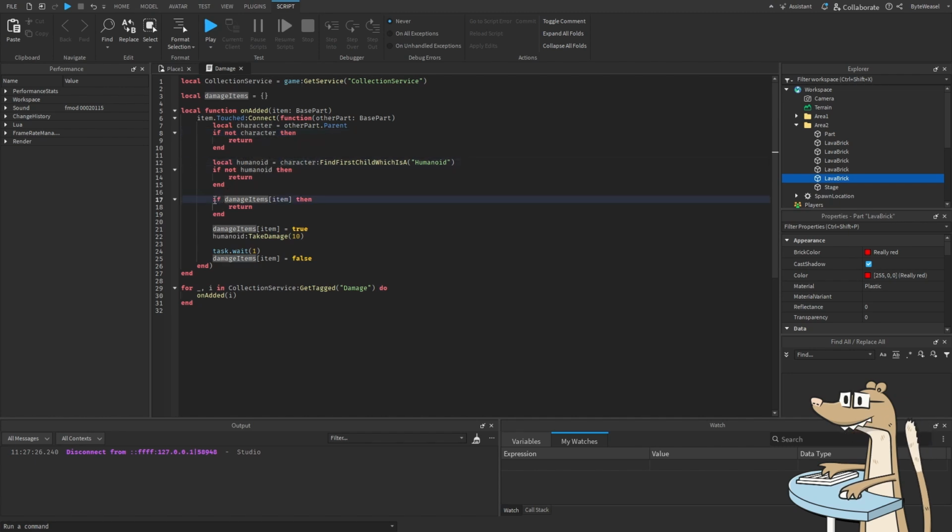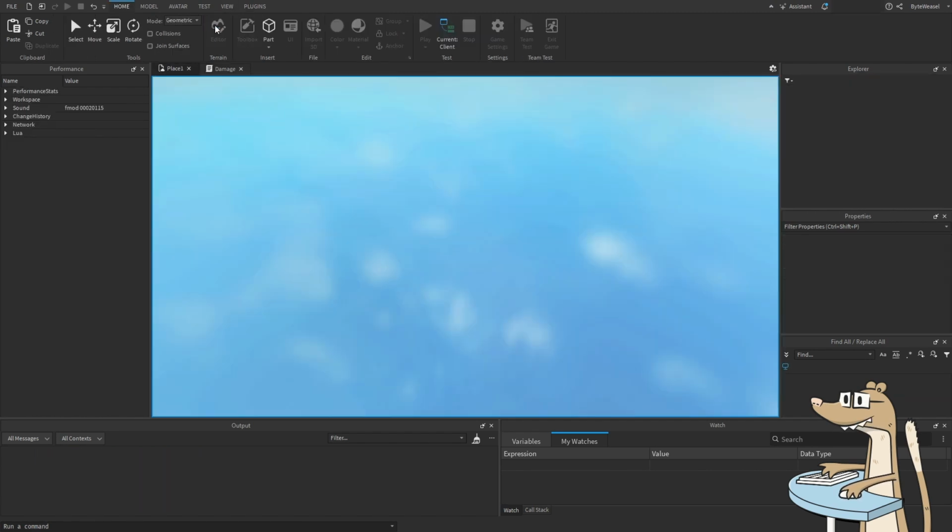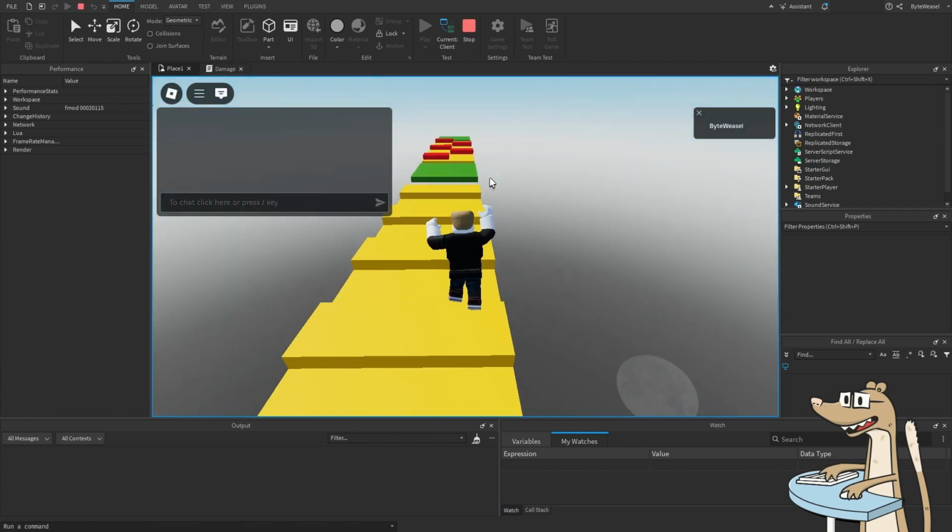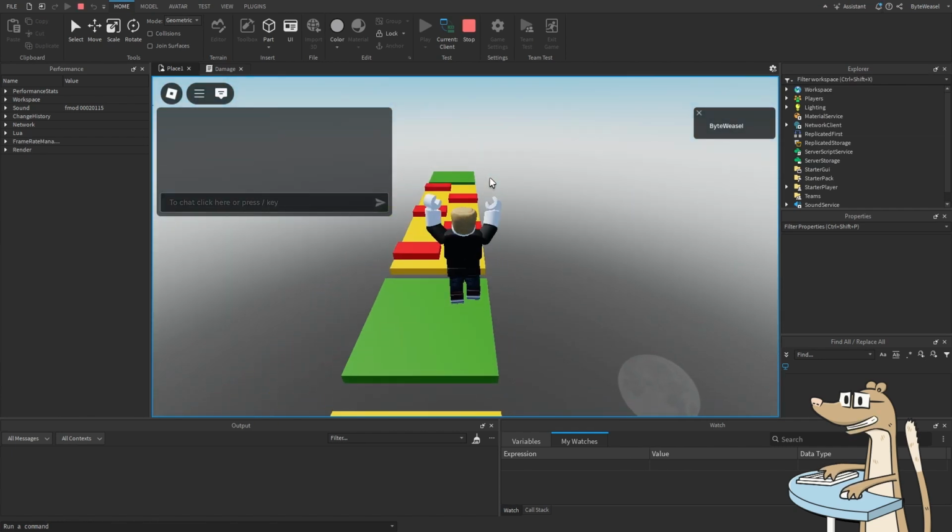good. And then the first time it comes in here, this is going to be false, so it's going to go down here, going to set it to true and make them take damage. But then if another touch event comes in, before this is finished waiting, this will still be true, so we'll return early. So the second set of damage will not happen until the debounce is finished and we set it back to false. So you can see that what that looks like now, if you want this sort of behavior,